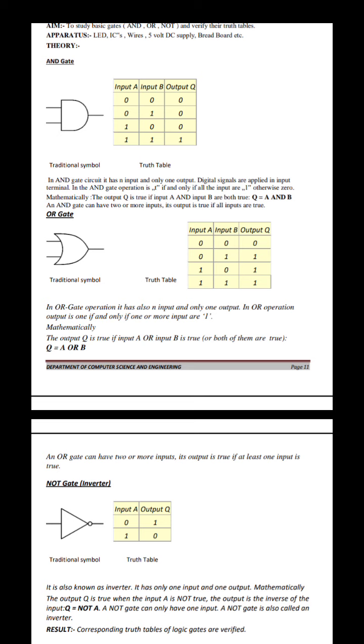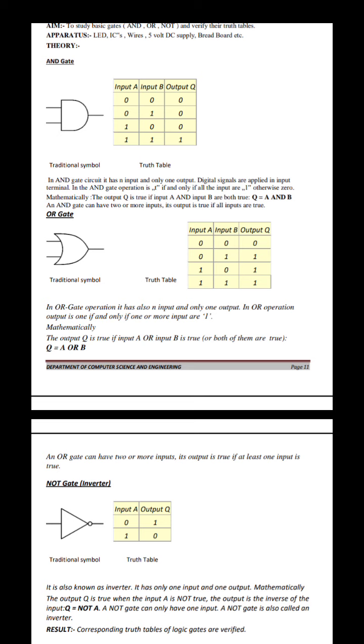That XOR gate is IC number 7486. So this IC also has 14 pins. There, 7 and 14, the 2 pins are used to provide the power supply. The remaining 12 pins are available. 1, 2 are the input pins, 3 is the output pin, and 4, 5 are the input pins, 6 is the output pin, then 10, 9 are the input pins, then 8 is the output pin, then 13, 12 are the input pins, 11 is the output pin.